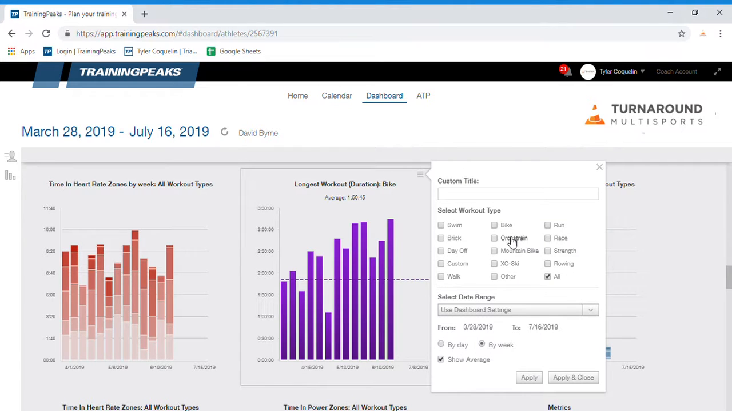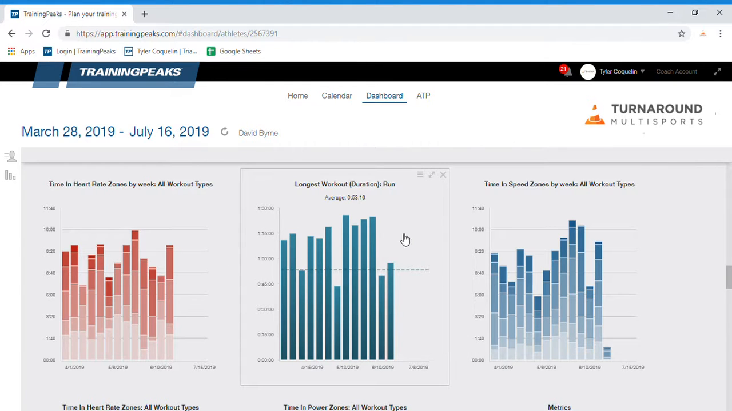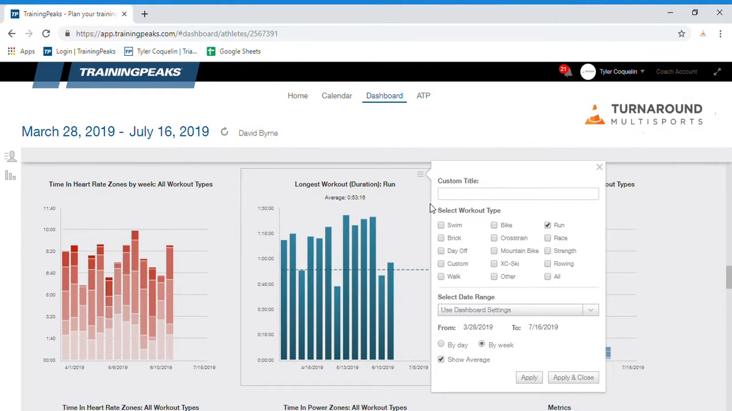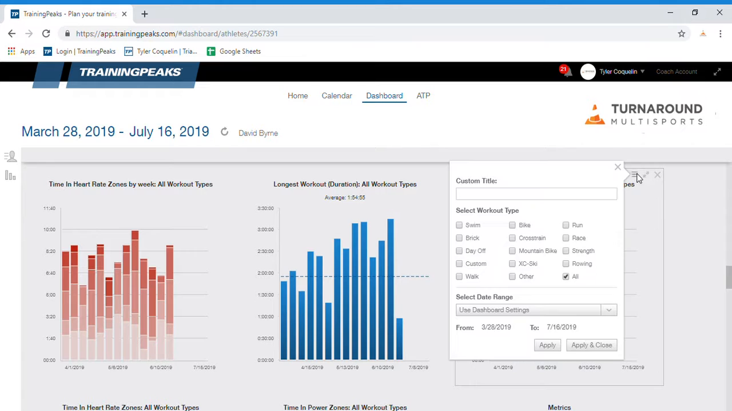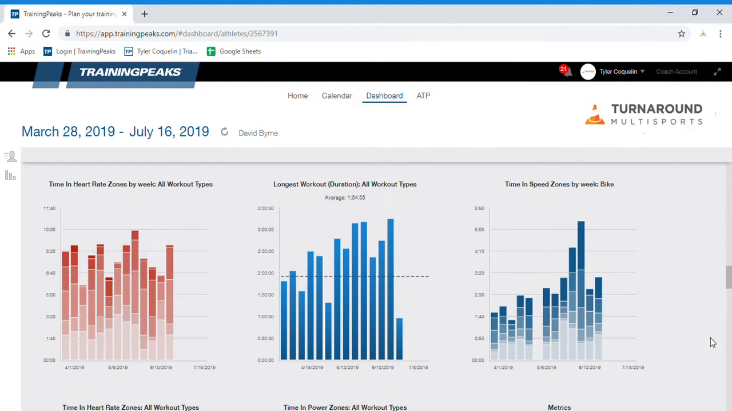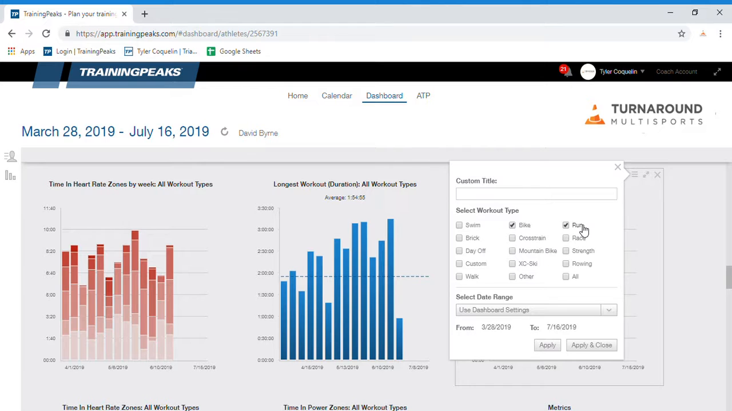If we wanted to do it for the run, we would just unclick the bike, go to the run, and you can see where he has started. He has not done his long run this week, so that's why this graph is not up here as well. Let's just change that back to all for me. And you can see his time and speed right here. Let's change this to bike. They open up a little bit. You can see this week was his race week, so that's why he was up all over there. If we go to the run,